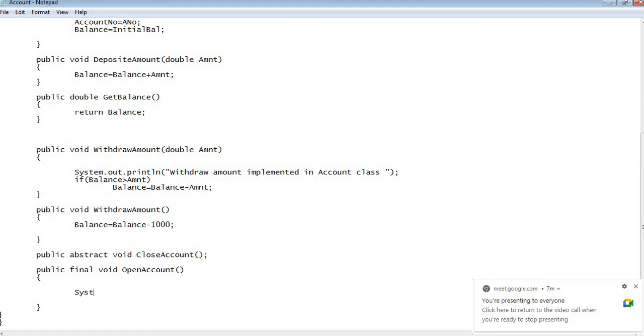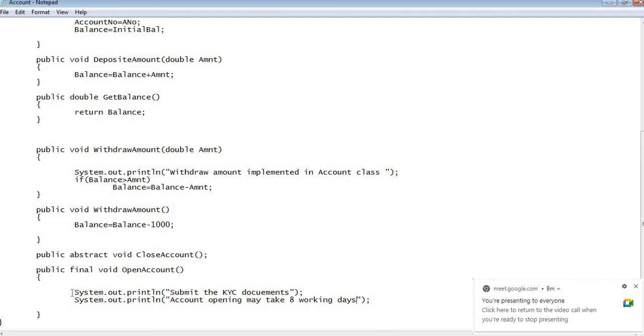So I'll say here System.out.println "submit the KYC documents", and we will say System.out.println "account opening may take 8 working days".